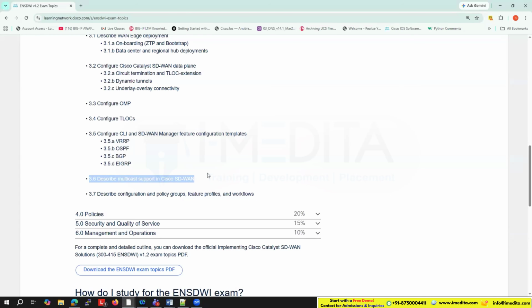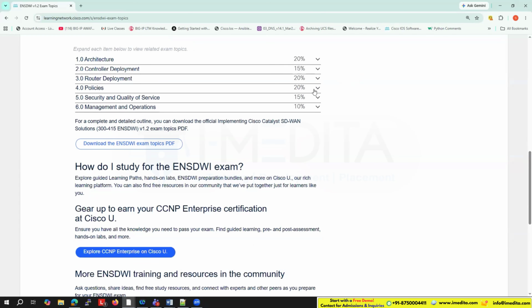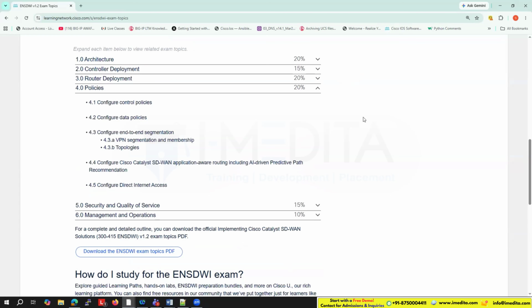Then multicast routing support in Cisco SD-WAN, because Cisco SD-WAN also supports multicast routing. So I have to explain how it works and all that. Only a description of multicast routing is there. And we have the configurations and policy groups, the feature profiles, and using workflows, right? We will also learn about that. So that's about module 3.0. Upon completing module 3.0, we have module 4.0, which is all about the policies, and which is kind of the heart of your SD-WAN technology. That's the heart of the technology,